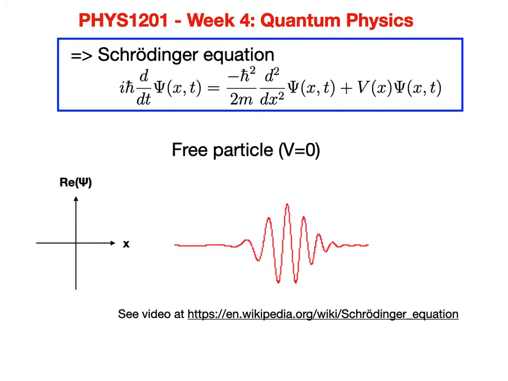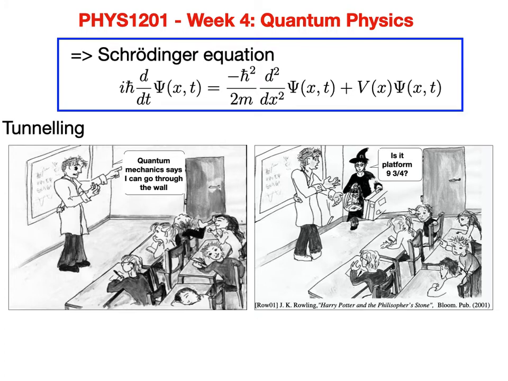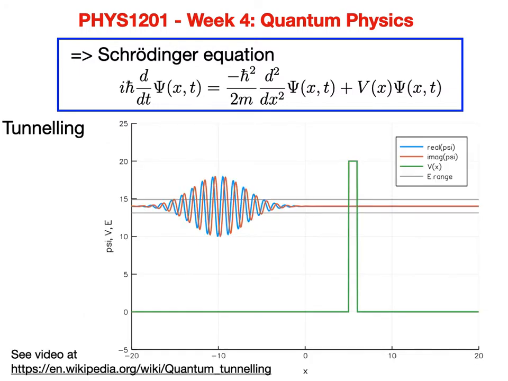Because this is a time-dependent Schrodinger equation, if you solve it, you have a time evolution of the wave function, and that's an example for a free particle. More interestingly, quantum physics also has a striking implication like the quantum tunneling effect. As this drawing shows, in quantum mechanics, you can go through a wall with some non-zero probability. And indeed, if you solve the Schrodinger equation